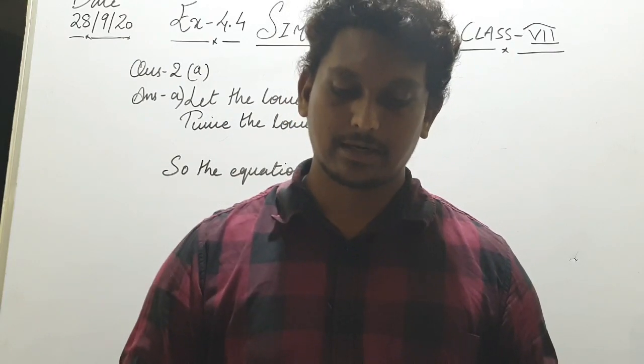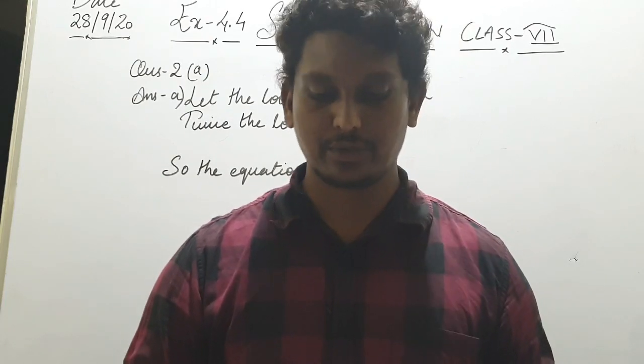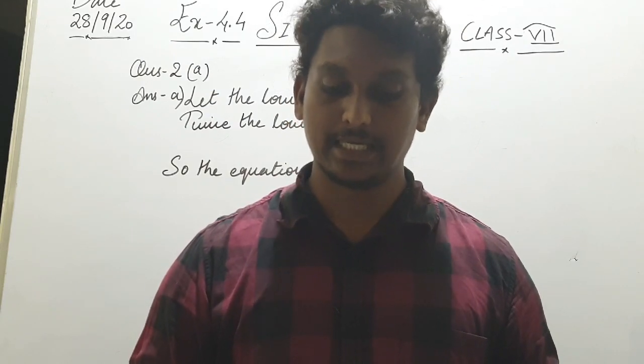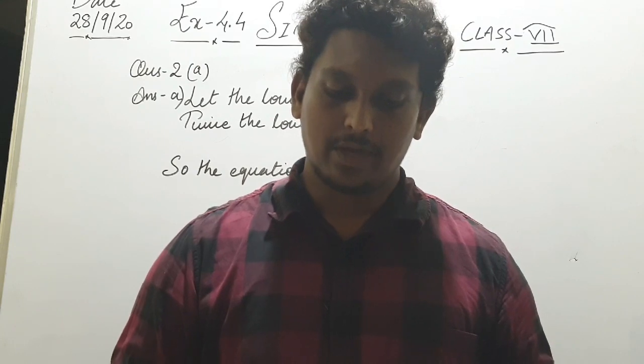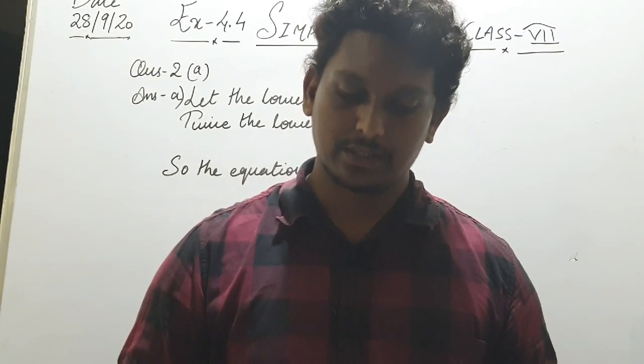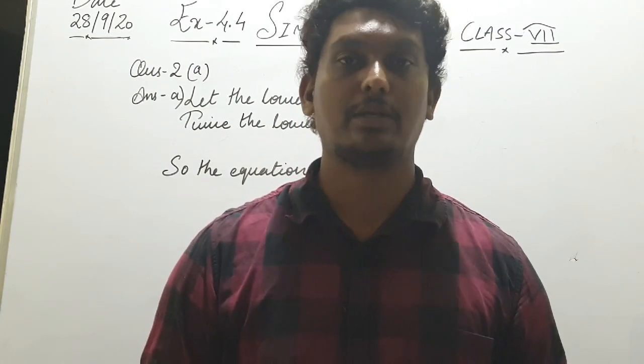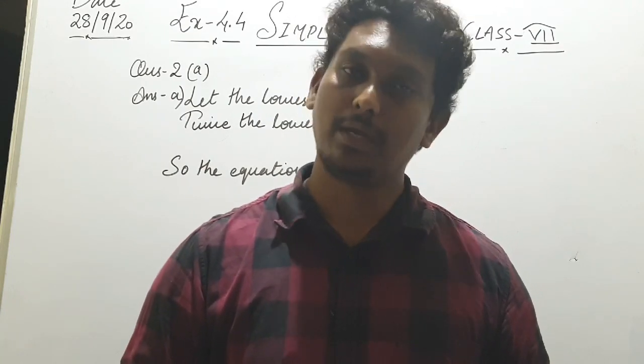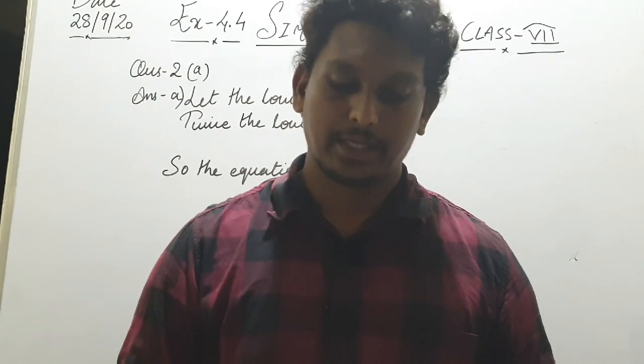The teacher tells the class the highest mark obtained by students in her class is twice the lowest mark plus 7. The highest score is 87. What is the lowest score? Okay, so here the lowest score is not mentioned. So here we are going to take the lowest score to be x, right? The next thing is